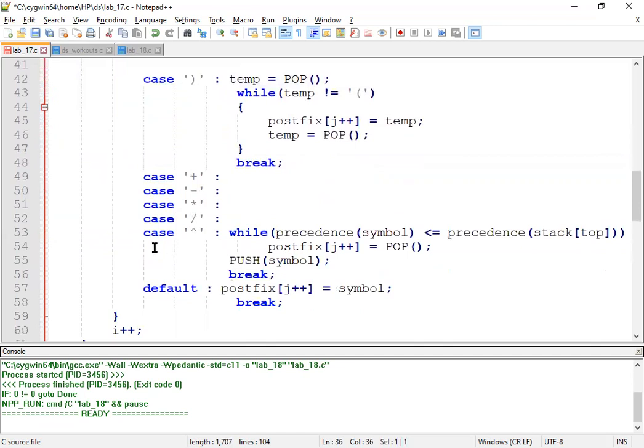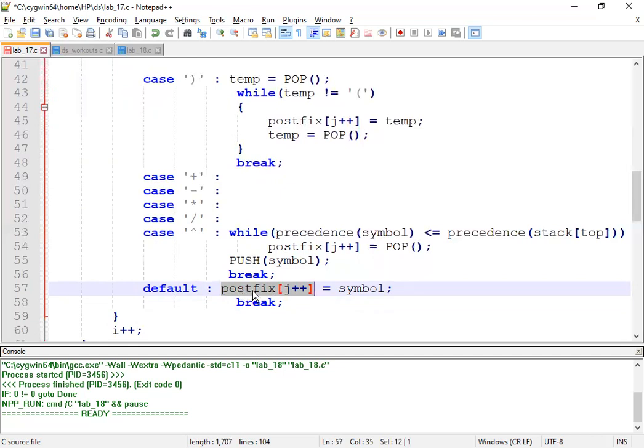Since none of the cases match successfully, it will go into the default case. What is the default case? It is this particular statement. In this statement, we are updating that symbol into the postfix string.